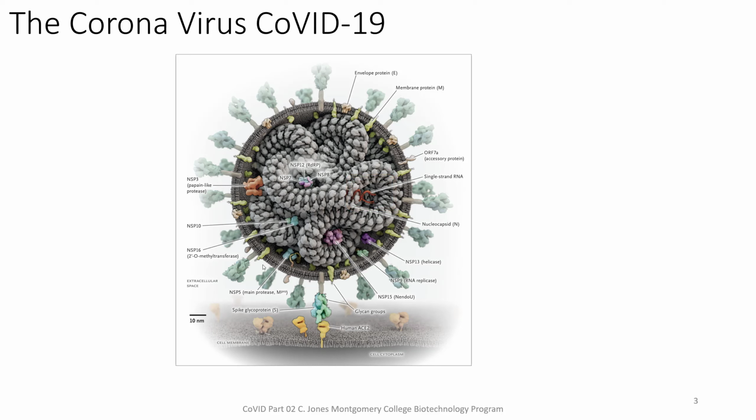The other molecule that we focus on is the spike protein. So the spike protein is a surface protein on the virus. It's on the outside surface of the virus, and the spike protein interacts with the ACE2 receptor on your lung cells, on the cells lining your throat, and when the spike protein binds to the ACE2 protein, that allows the virus to be internalized inside the cell, where it can now come apart, expose its RNA, and begin to make copies of itself by making all of these protein molecules.